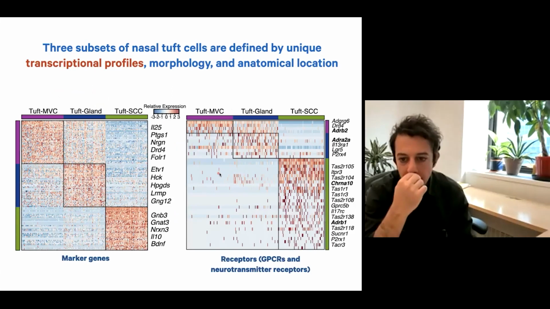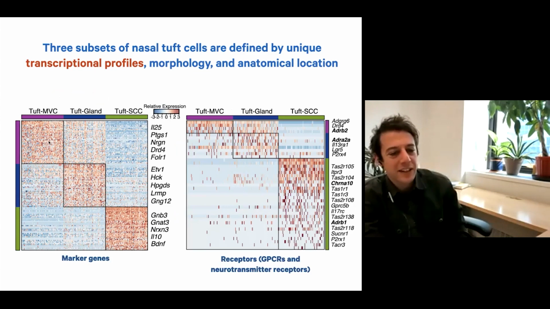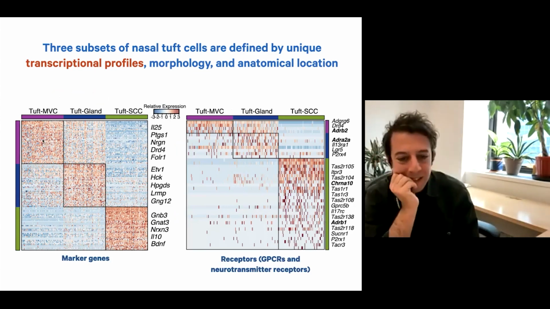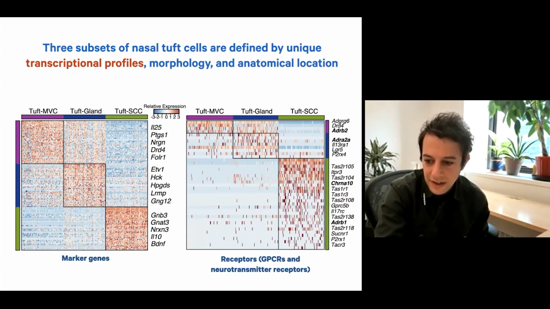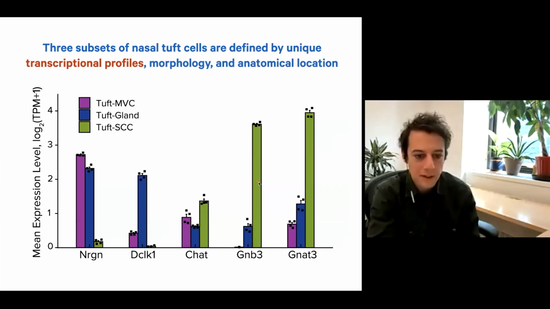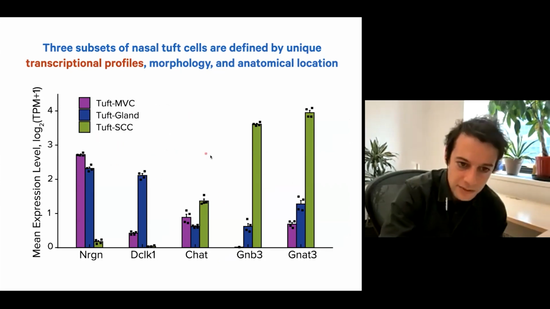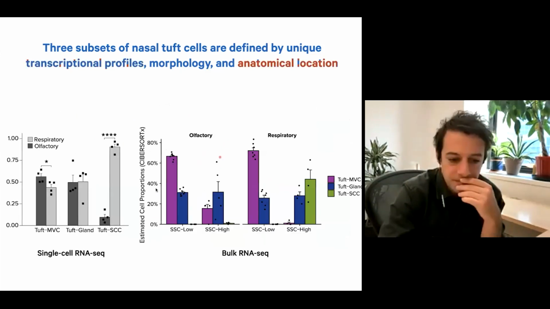So if we look at differential expression to identify some of these markers that are specific to each subset, we could identify some of these markers, neurogranin that I was just talking about, and G-alpha-gustducin are specific to these subsets, and each of these subsets actually have distinct receptor profiles, and there is some adrenergic receptor expression in this SCC subset, which I should probably explain why I'm calling these things that. But really, they're quite divergent in terms of their expression of these markers, and they're specific to